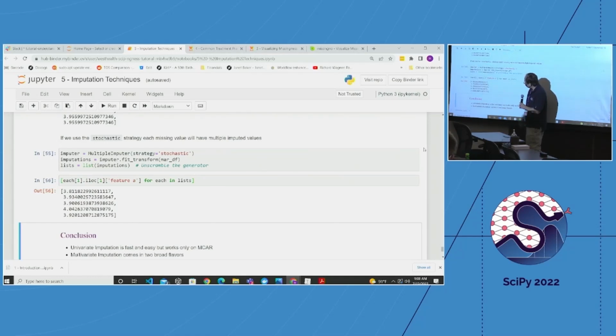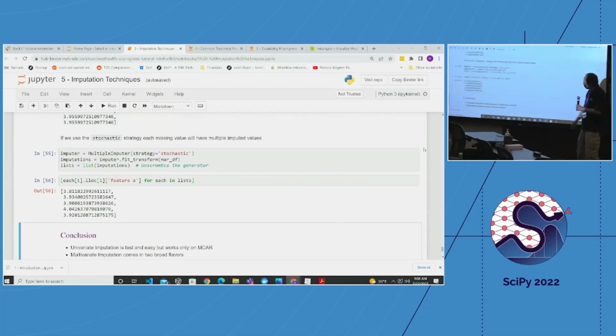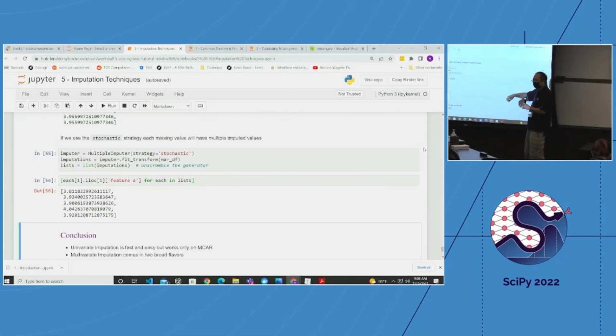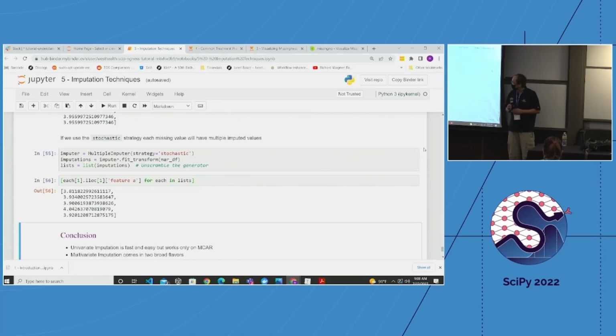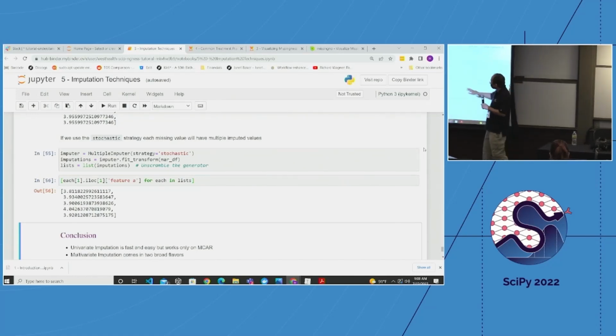Now, based on even these 5 values, you can compute a mean and a standard deviation for that missing value. And presumably you can carry that through onto your model and incorporate the fact that it's missing, but you have an estimate for it. So this is why you would use